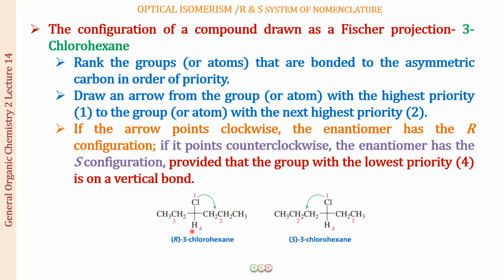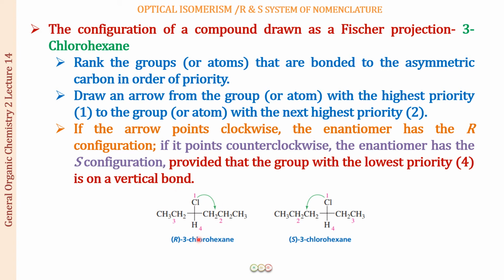Okay, and what this means in a Fischer projection, I hope you all remember, is that the horizontal ones are projecting towards us, and the vertical ones are projecting backwards from the plane of the paper, right? So this hydrogen is projecting backwards, and that is what we said is important: the 4th priority group should be projecting backwards, away from us. This is just similar to the hydrogen being projected by the hatched wedge. Okay, I hope this is clear now. So the hydrogen in a Fischer projection, the 4th priority group, should be on the vertical bond.